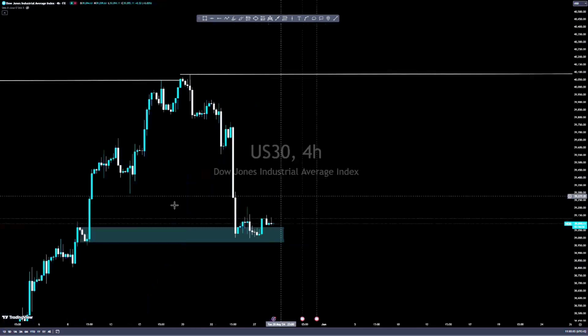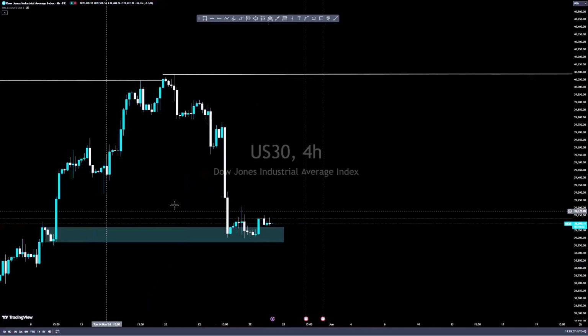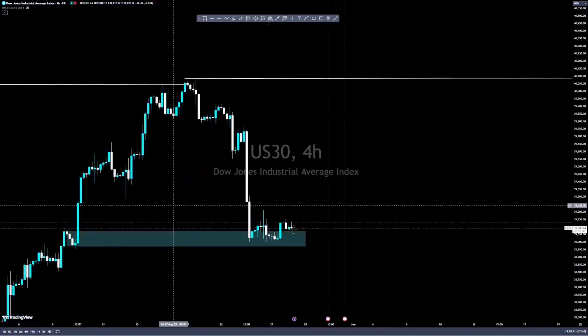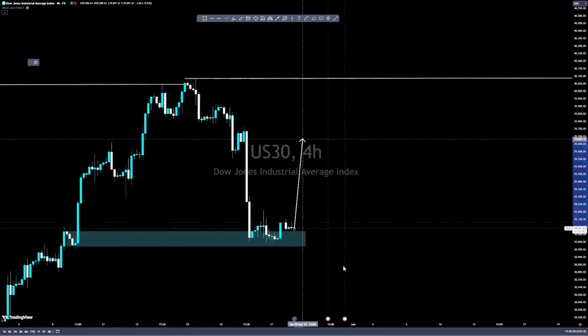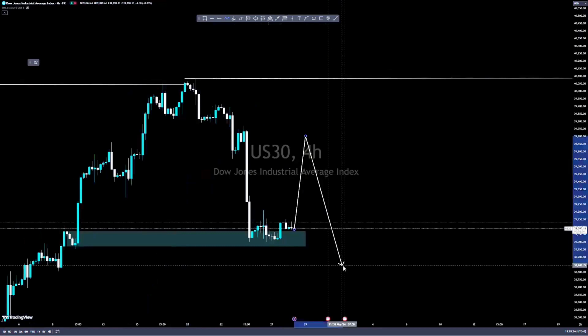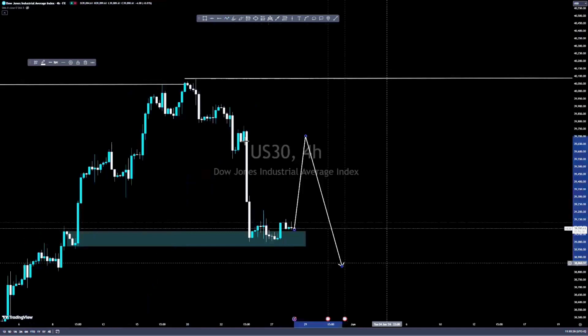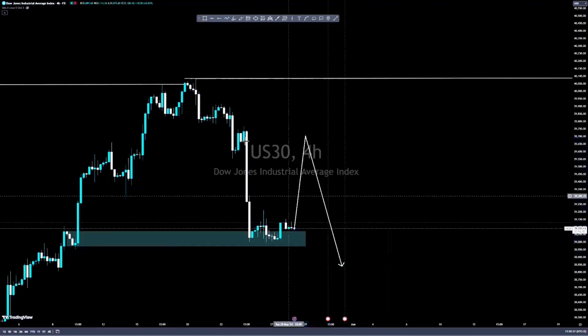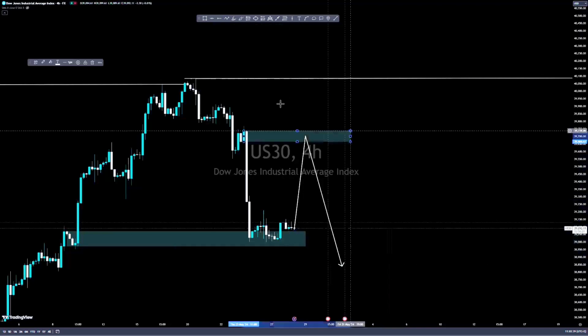There are two things that we can expect. Expect price to go up, and then when it goes up, it comes back to this supply zone, then it goes down. That's my first theory. Price goes up, comes back to this supply zone, and continues to go down,